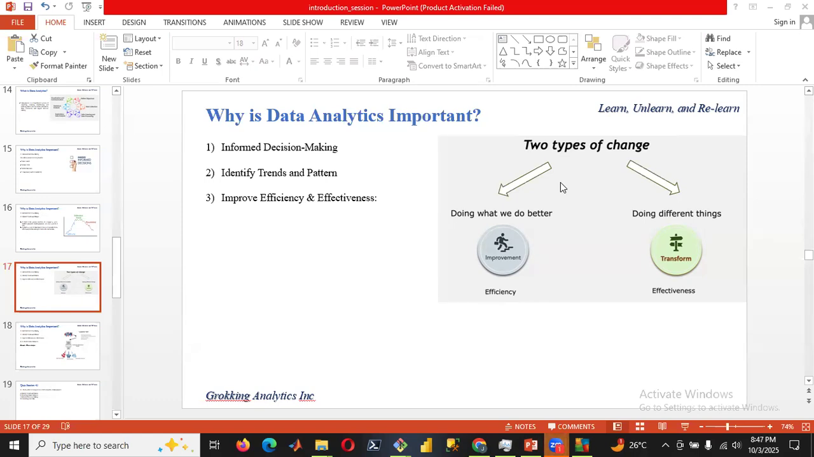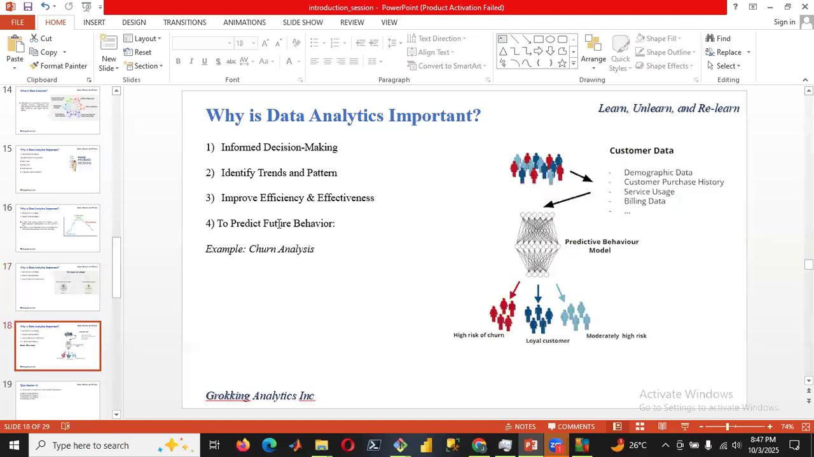Yeah, you're right actually. It's safe to say trend consists of patterns, and then different patterns make up a trend. You're actually right. So we'll look at the next one, which is to predict future behavior. For instance, churn analysis. In churn analysis, what we are talking about,